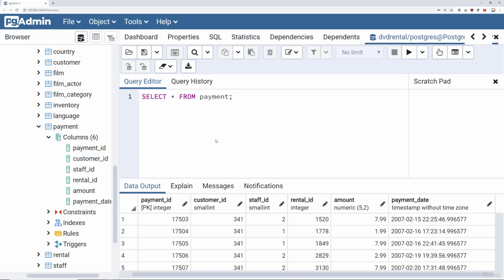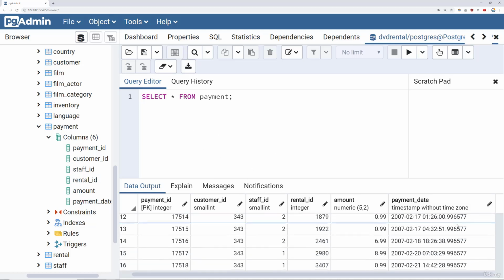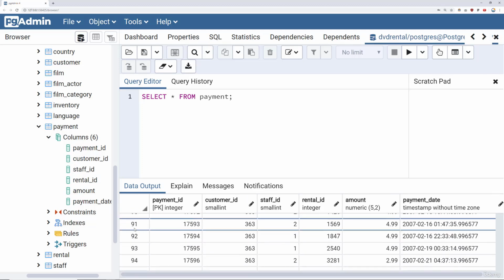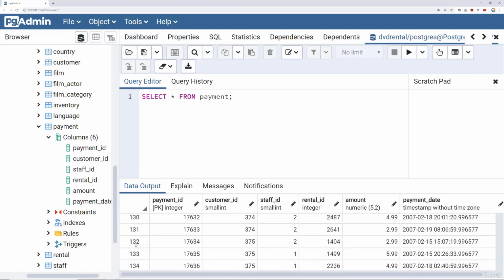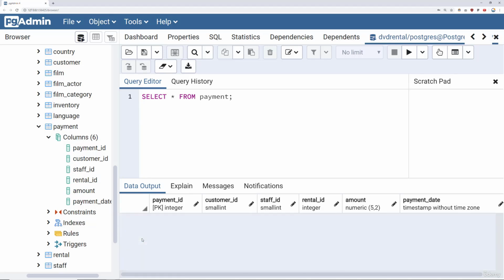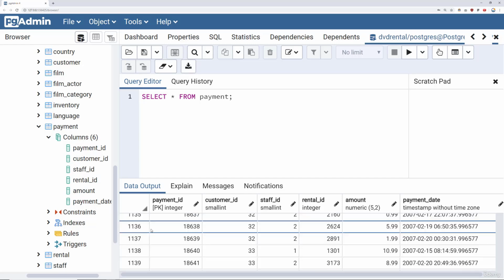Now, luckily for us, this table is pretty small, which means I could, if I wanted to, scroll all the way down and then check the actual, here on the left-hand column, it's just a count. So I could scroll all the way down and eventually I would see the correct answer. However, this is actually quite a large table. There's more than 1,000 entries. In a realistic database, you're going to have very, very large tables. So you're not going to be able to just scroll down just to see how many rows there are in